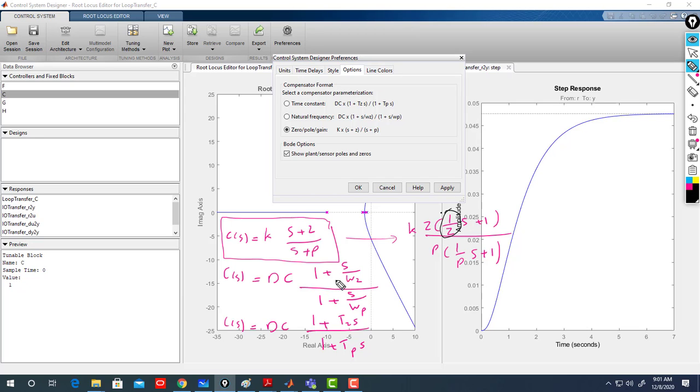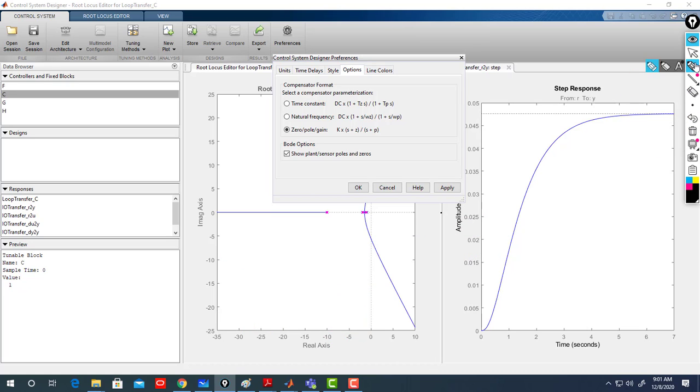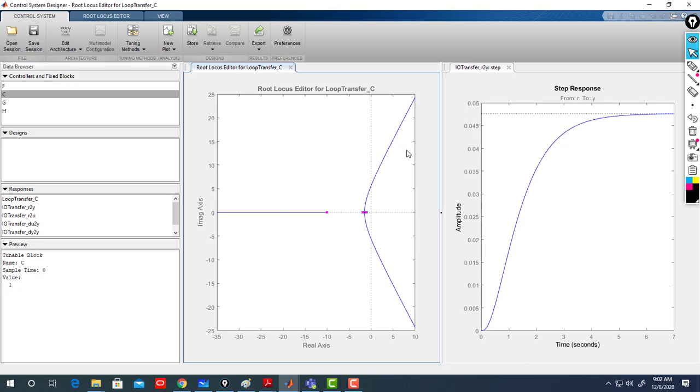1 over Z is 1 over omega Z. So Z equals omega Z and P equals omega P, and DC gain is K Z over P, right? Or also you can convert it to this one. So now DC gain K Z over P, and TZ is 1 over Z. TP is 1 over P. So at the end, I recommend you to use the last one. Alright. So I apply. Then now